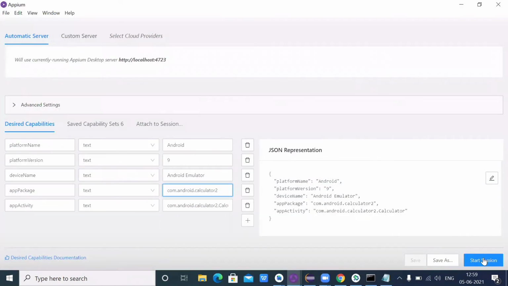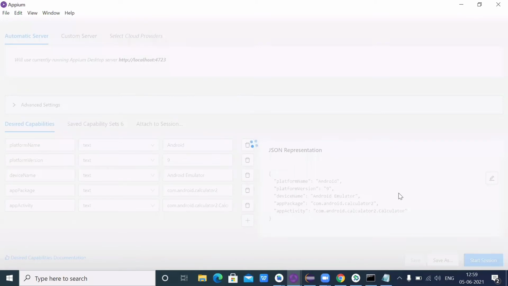So I'm going to directly launch that calculator app with Appium directly. It will launch for me. So for that, I just click on that start session button.